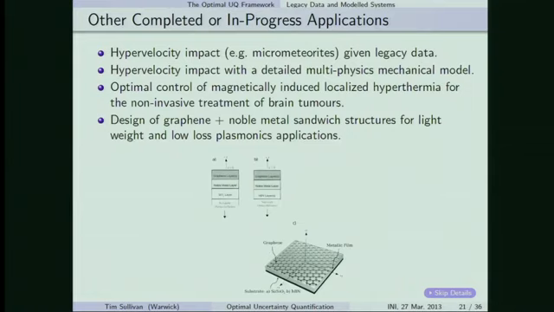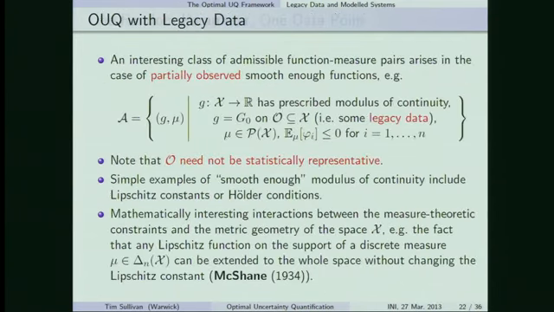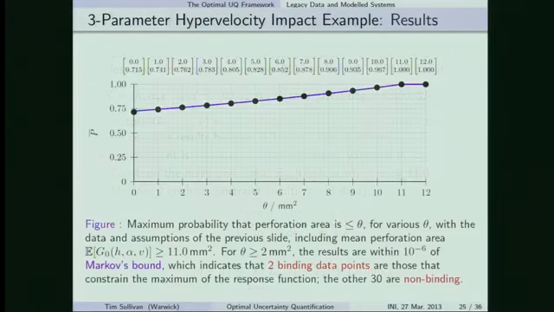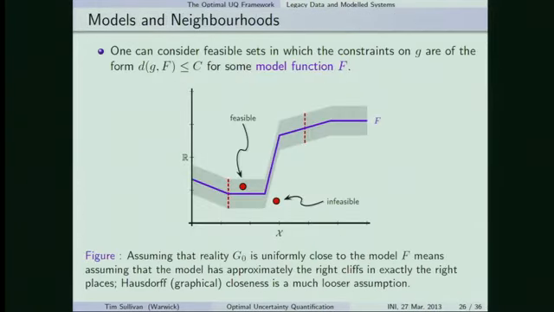Another one we're working on, optimal design of composite materials for low-loss plasmonic applications. So one of the problems with solar cells is they're just too big and heavy. And if we could make them out of graphene and a very thin layer of substrate, we could A, have a much lighter thing, and B, the electronic transport properties of graphene are wonderful. So I'm going to skip through that one